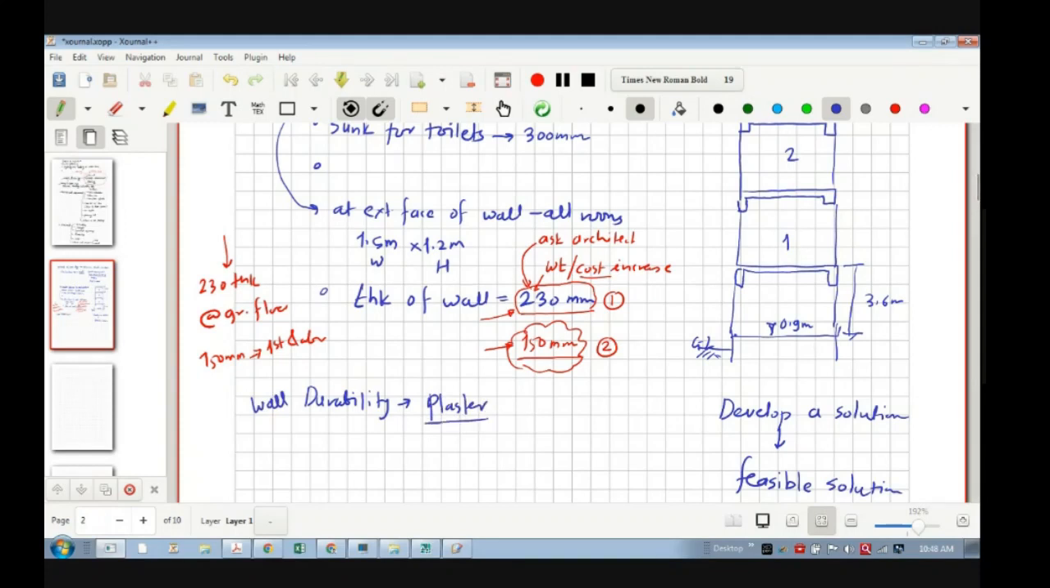So mostly plaster is sufficient to take care of this wall durability. ये 230 mm अगर कोई तो वहां अंदर समझो क्या रहता है, so